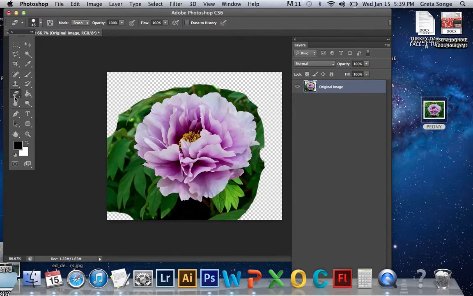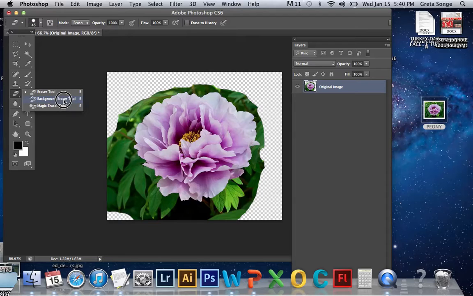Under the eraser tool, there are some other tools that are nested there. In Photoshop, anytime that you see this little corner arrow with a tool, it means that there are other tools kind of hidden with that tool. So if you hold down the mouse, you'll see that I've got the background eraser, the magic eraser, and this eraser too. These all do a little bit of a different thing, and you can work with different eraser tools to kind of see which one works best for you to get rid of the parts that you don't want